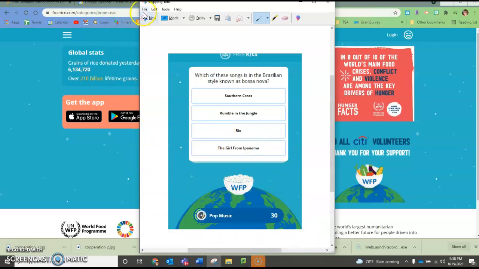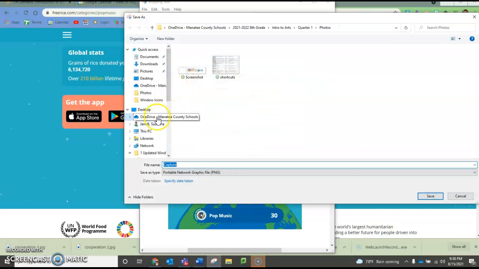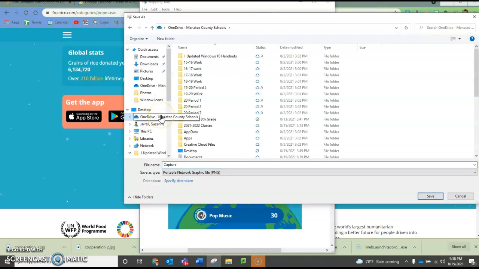200 grains of rice. So you'll go to File, Save As, and what I want you to do is we're going to create a new folder so that on the days we do this, we can keep track of it, and at the end of the quarter or the time, we can find out how many grains of rice we have donated. So you're going to go to OneDrive, your